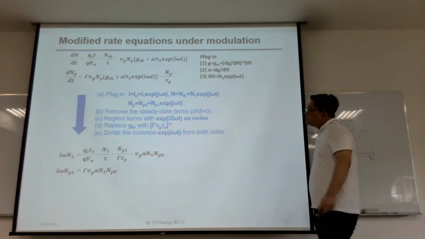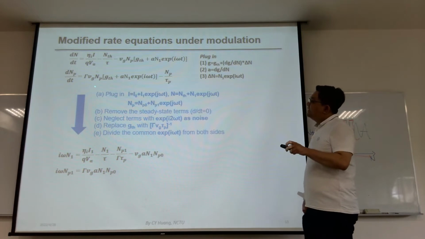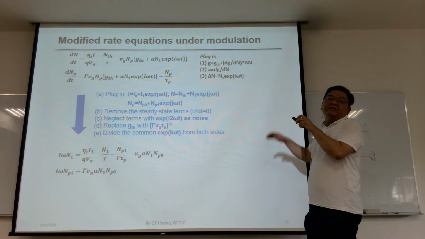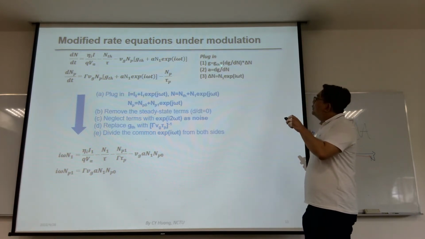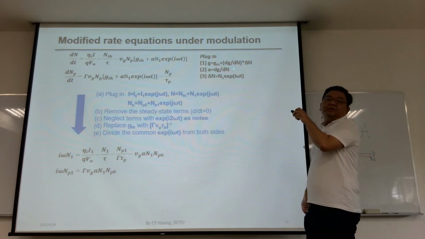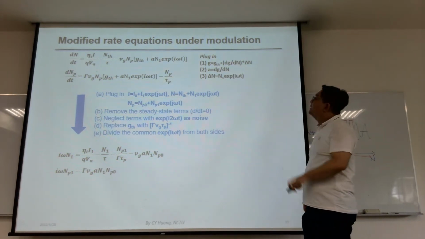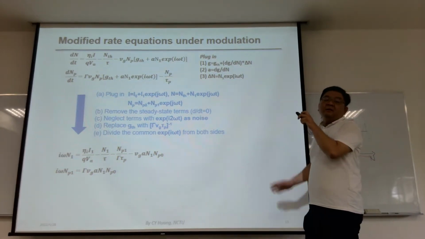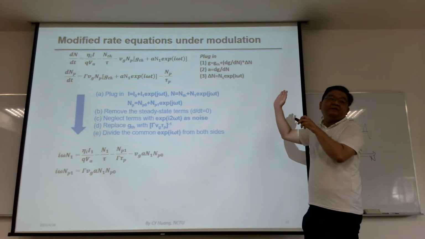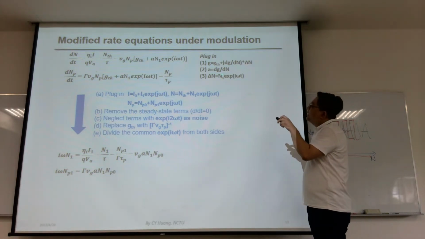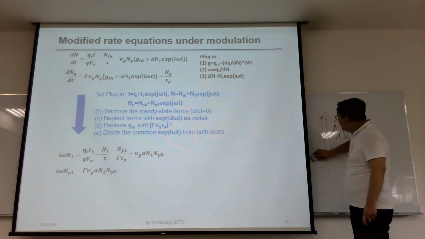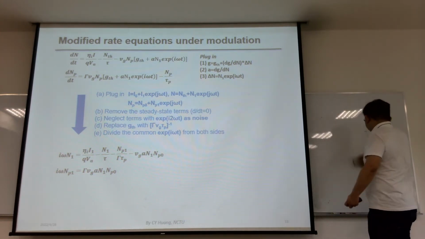So now we do things like this. First, we make the G to be G_th, because it is clamped at steady state, with a dG over dN times dN. So this is a total differential: dg over dn times delta n. And what's dg over dn? dg over dn is defined as the slope of your gain curve near lasing. So A will be dg over dn. For a two-parameter model,